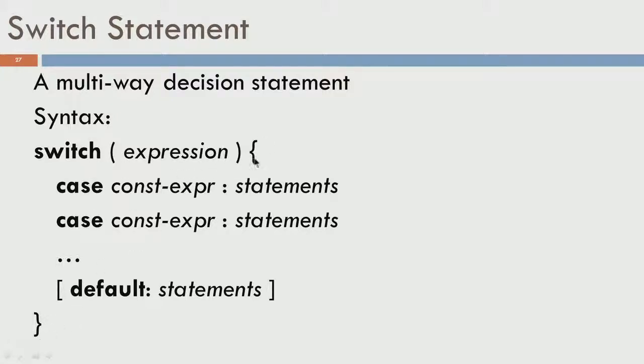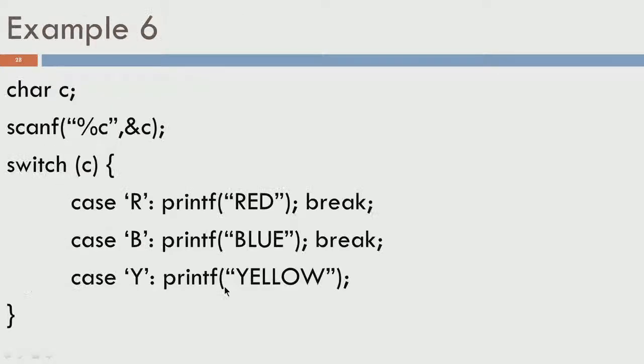So, switch is a compound statement and it can contain several cases. So, you have case, constant expression, statements, case, constant expression, statements and so on. You can have several cases, and you can also have an optional default clause. So, essentially what happens is if you have multiple choices depending on the value of expression, whichever evaluates to true, those statements will get executed. If none of these expressions evaluate to true, then the default clause will kick in and this set of statements will get executed. So, let us see examples.